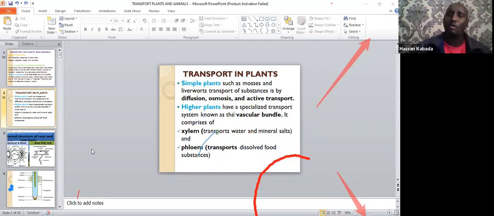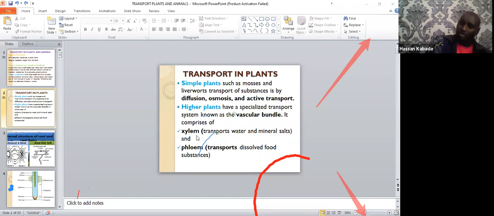When you are coming from home to school, your origin, or where you are coming from, is home, and the destination is the school, for example. So when you talk about transport, this is very, very important. Of any substances, you must include the origin or the source and the destination. Where are they going? So when you talk of xylem transporting water and mineral salts, it must be from